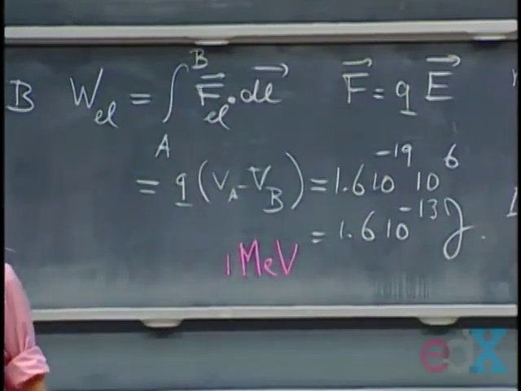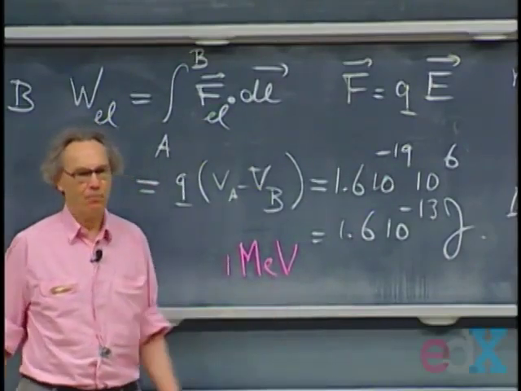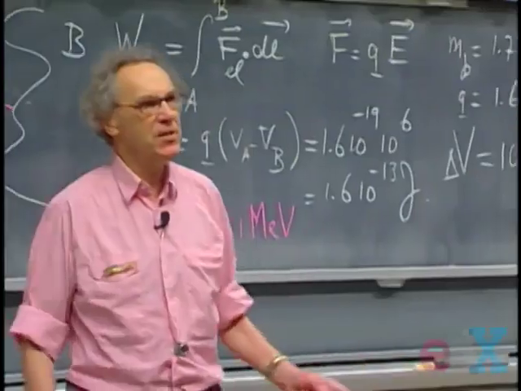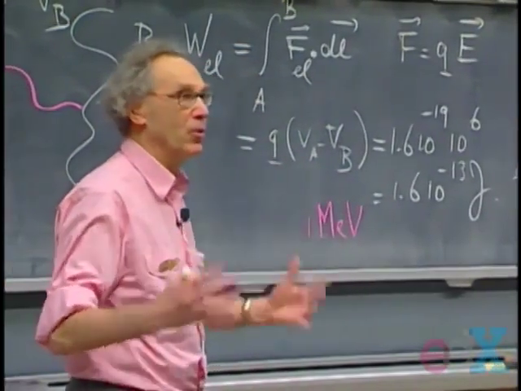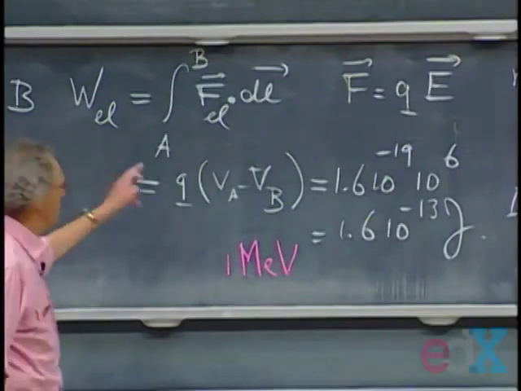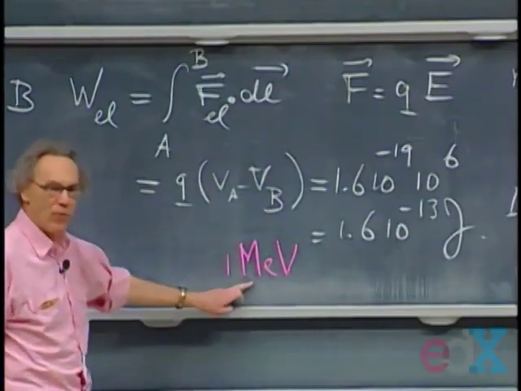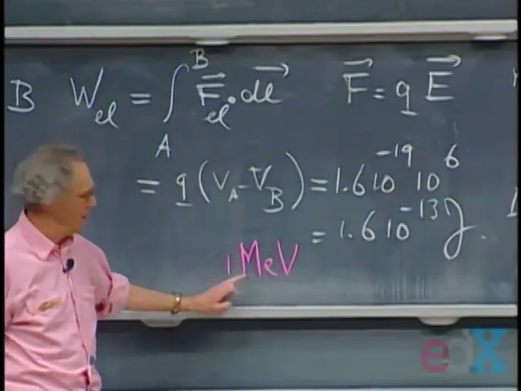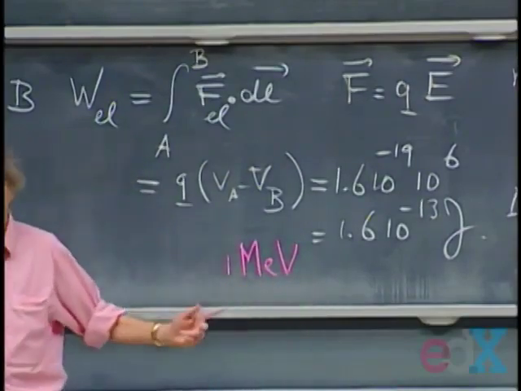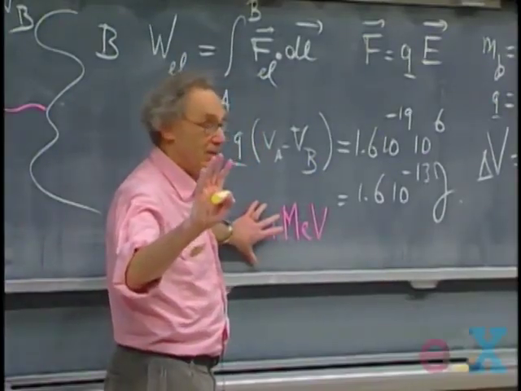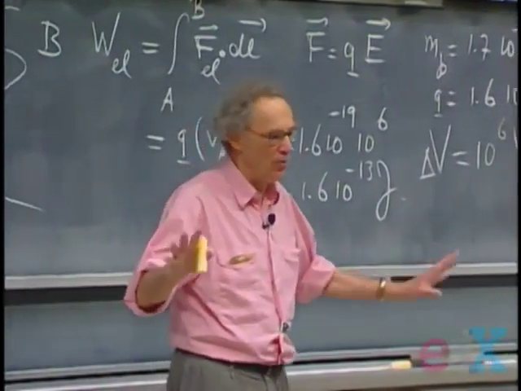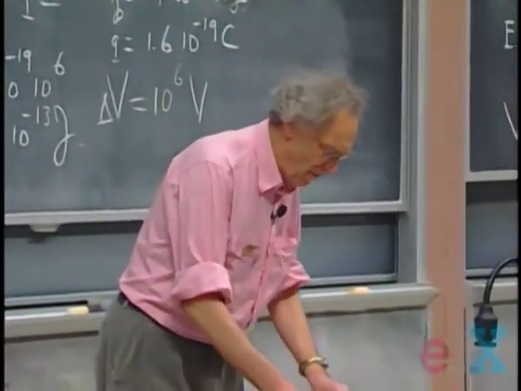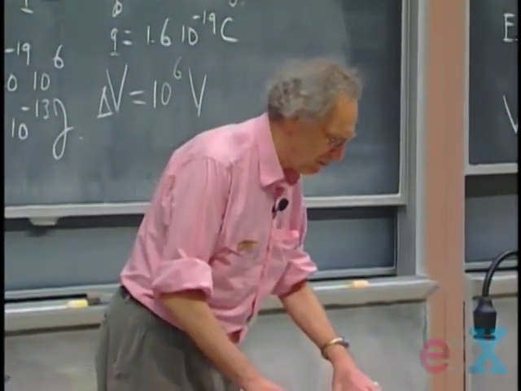And the reason why we do that is, an electron volt is the energy that an electron gains if it moves over a potential difference of 1 volt. That's the definition of 1 electron volt. Well, the charge of the proton is the same as that of an electron, and it moves over a potential difference of 1,000,000 volts. And so the energy is 1 million electron volt. But this is not an SI unit, so be careful. If you work SI, you gotta use this number. But we would say that's a proton with a kinetic energy of 1 MeV, 1 million electron volts.